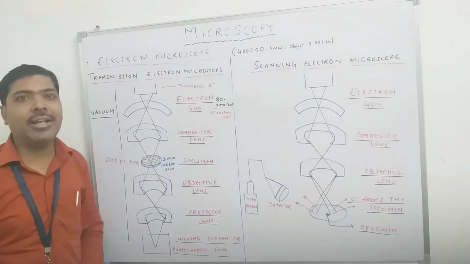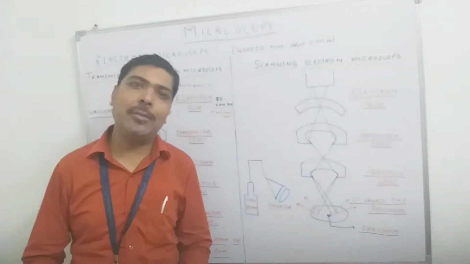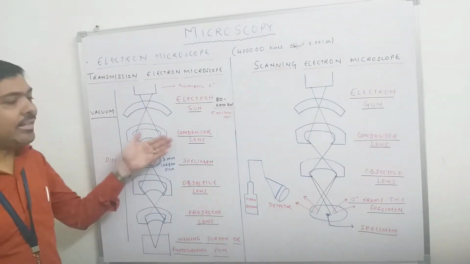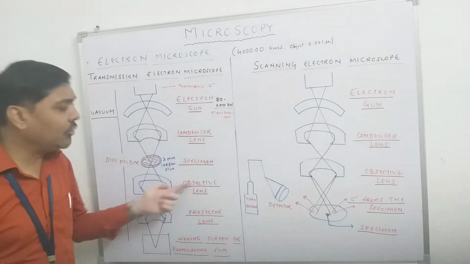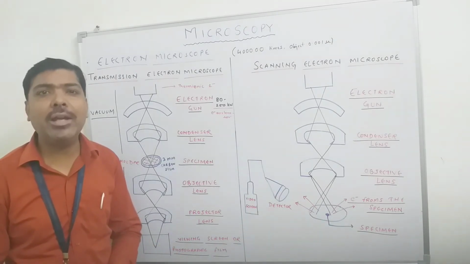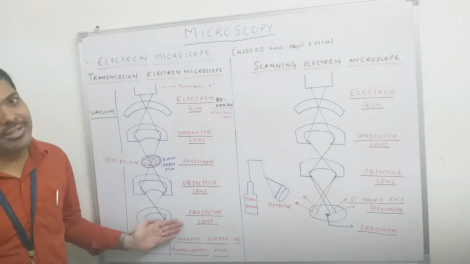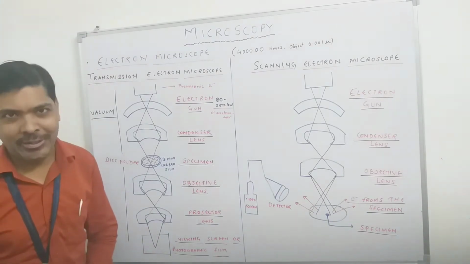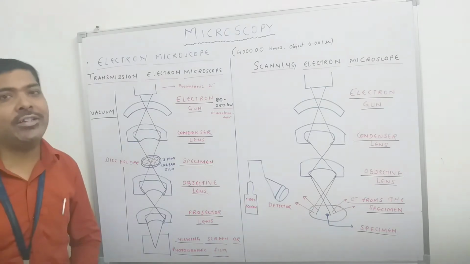Definitely here we are not using glass lenses, but rather electromagnetic lenses that help in the magnification or amplification of any object. So the arrangement of the lenses is as follows. Number one is a condenser lens. Then we have the unit where we can place our sample that has to be magnified. Then there is the objective lens. Then there is a projector lens, and at last we have the viewing photography plate, or a fluorescent screen.